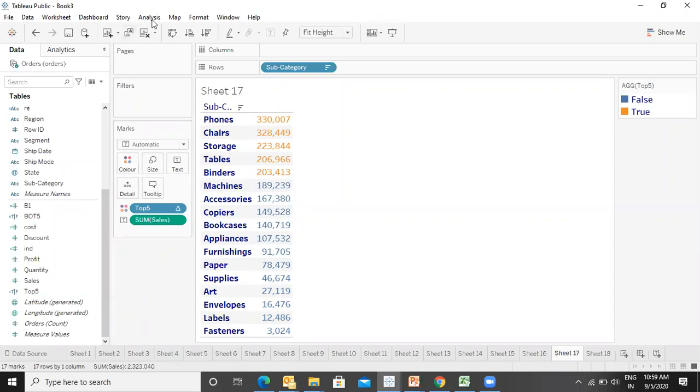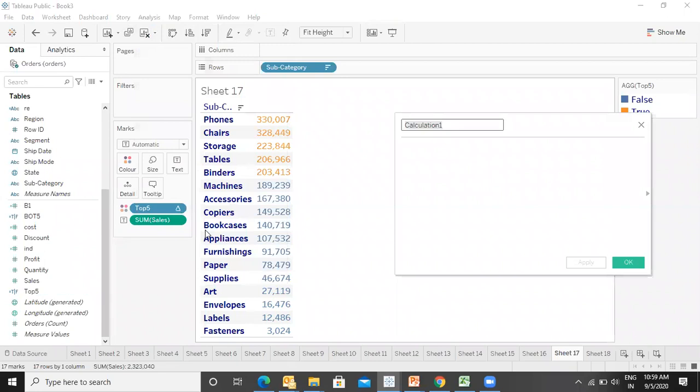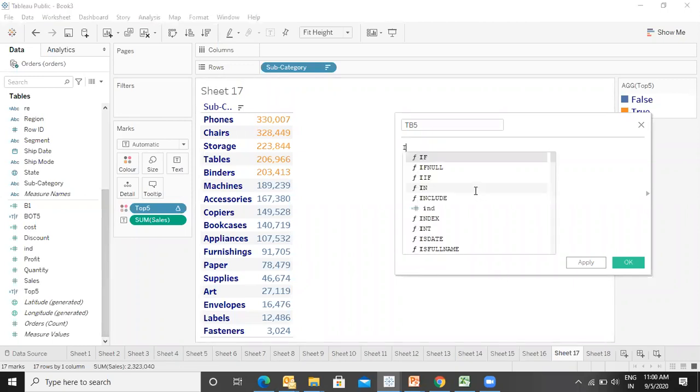So again, I have to create a calculated field, and I will call it TB5. I can give it any name. Here we have, what was the name? It was IND, and the LAS we created. So I will say IND